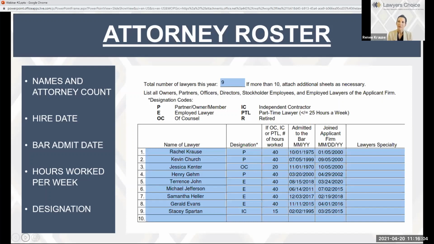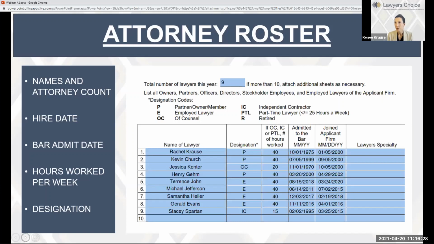But in 9 times out of 10, if an attorney is working 20 hours or less per week for the firm, they will not be charged the full rate, and they may not be charged any rate at all, even though they are included and covered in the application and the policy. So real important to make sure that you're describing that accurately, because it can make a big difference in your